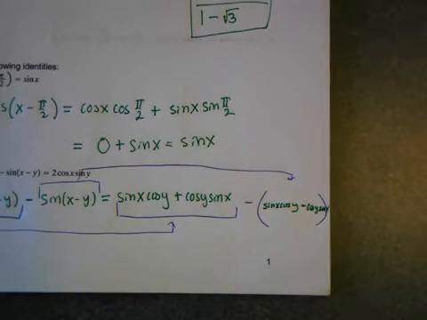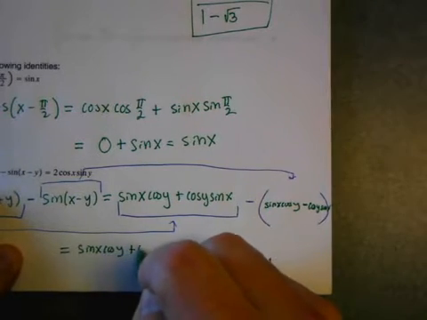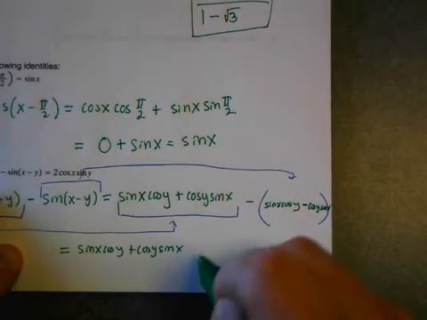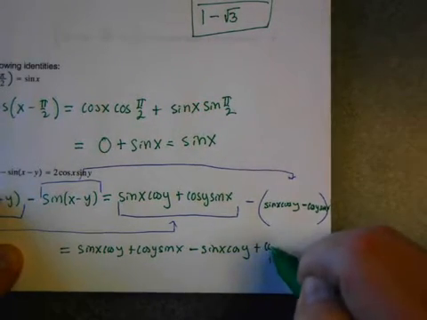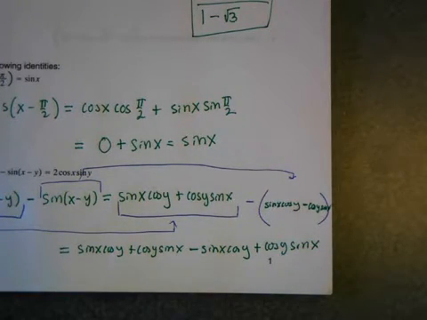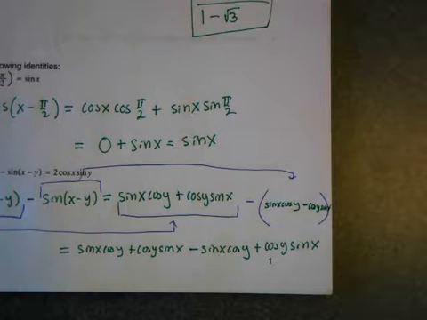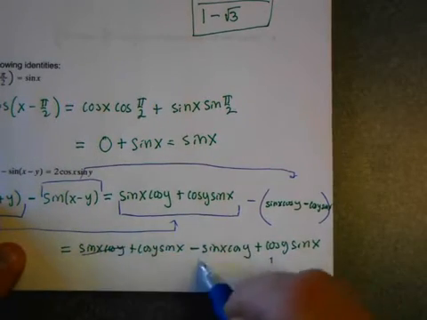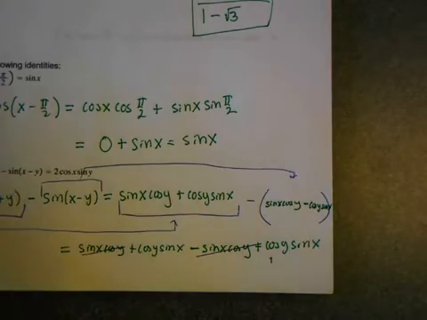All right, now what? Distribute the minus sign through. Sine x cosine y plus cosine y sine x minus sine x cosine y plus cosine y sine x. And then some really happy things happen. What are the happy things? Sine x cosine y and sine x cosine y add up to 0. And what's left? 2